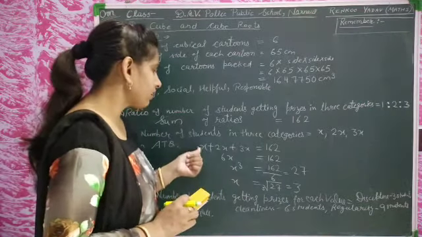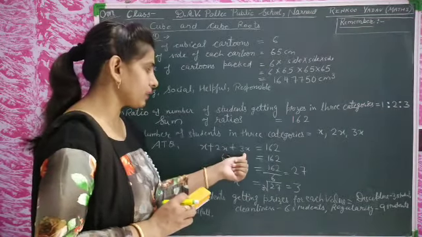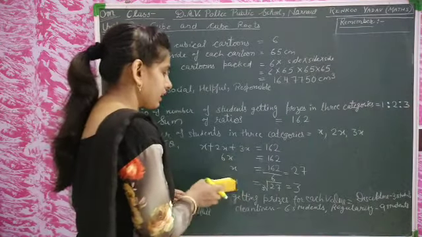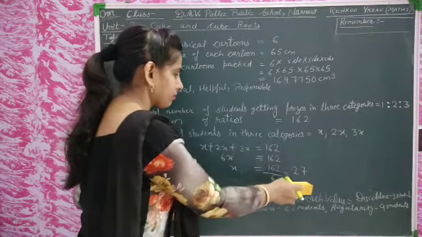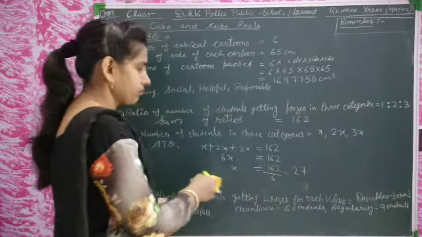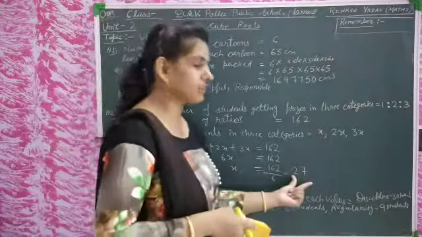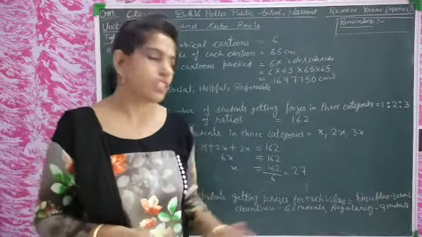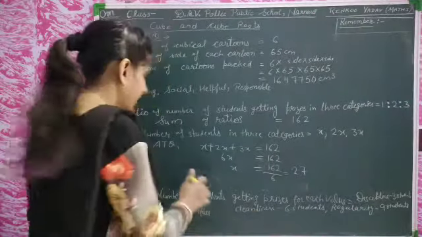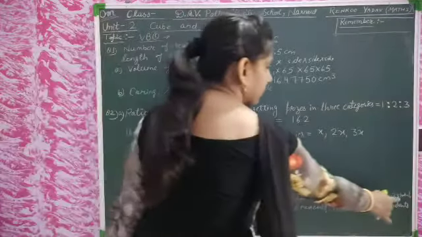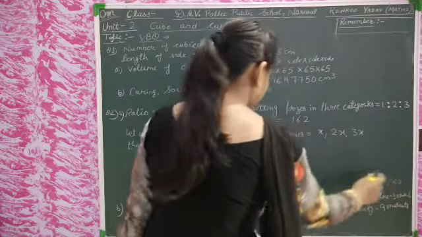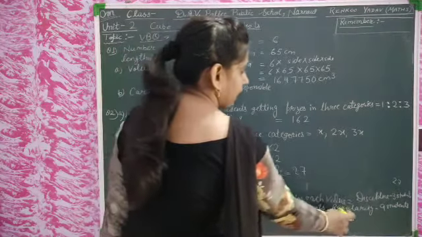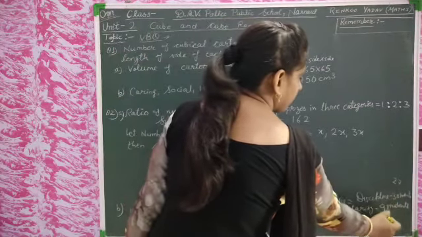This is 1, 1 plus 2 is 3, 3 plus 3 is 6. That is 6x here. And we get x equal to 27, and we will get the answers like 27, that is the discipline students are 27, cleanliness students are 54 and regularity students are